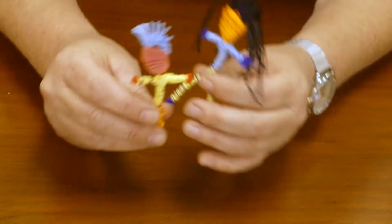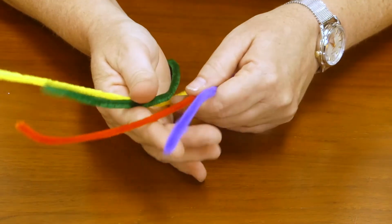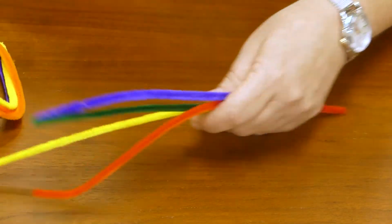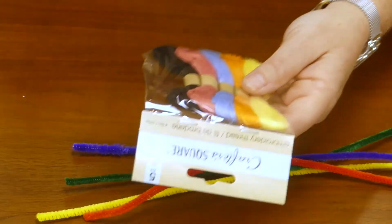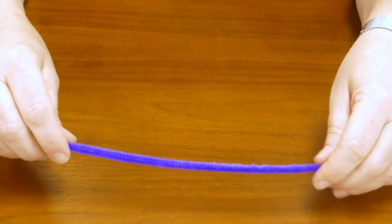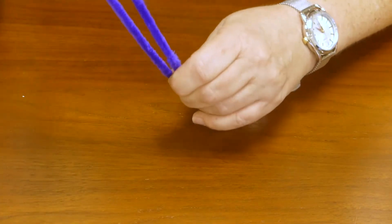Traditional worry dolls are made out of pegs, but I'm going to show you how to use pipe cleaners, or as they call them now, chenille stems. And you're going to have these along with your embroidery thread. So the first thing you're going to do is you're going to make your doll. So you're going to start by folding pipe cleaner in half,